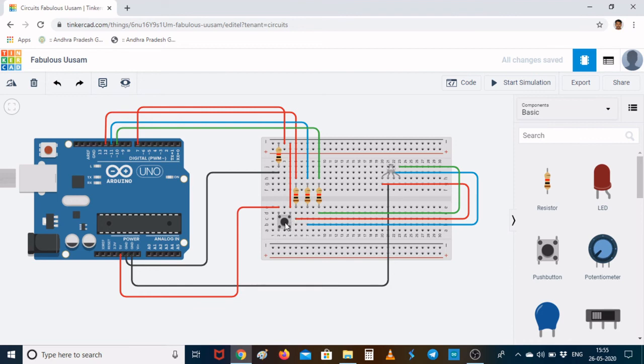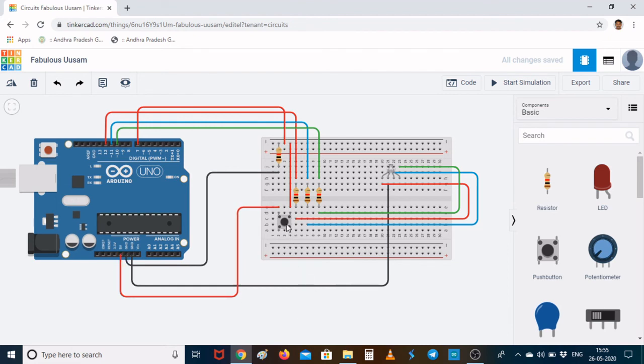When I press this push button, a connection is established between these two legs. That is why from this leg I have connected to pin number 7 of the Arduino board, and from the other leg I have connected to the 5 volts of the Arduino board.